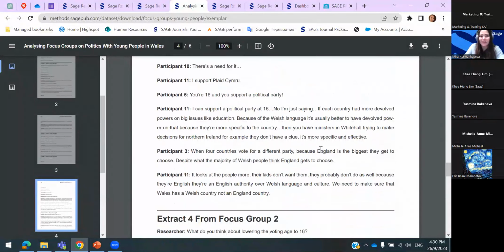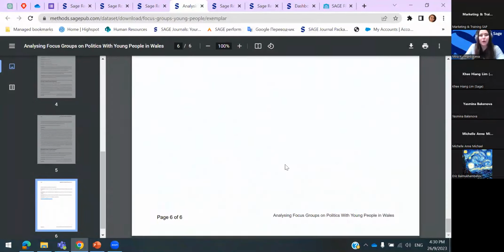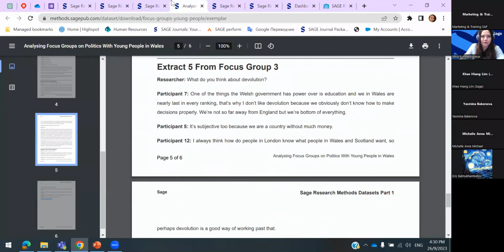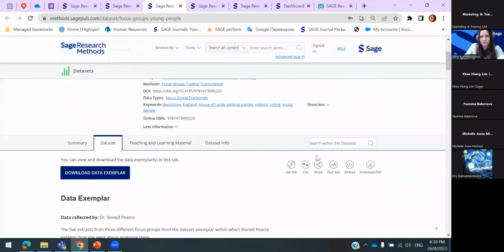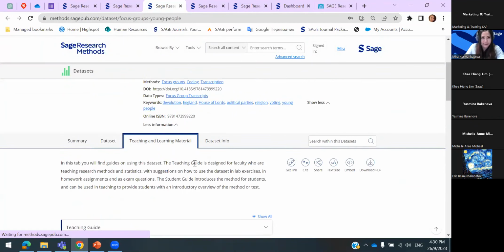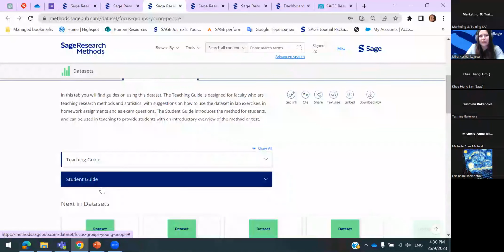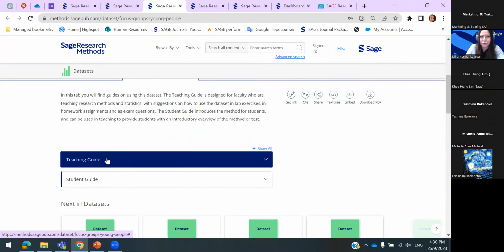So this is something for you to play around with as you work on this particular data set. And another thing I would like to highlight is the teaching guide and student guide. If we have any professor here, this might be interesting for you, because